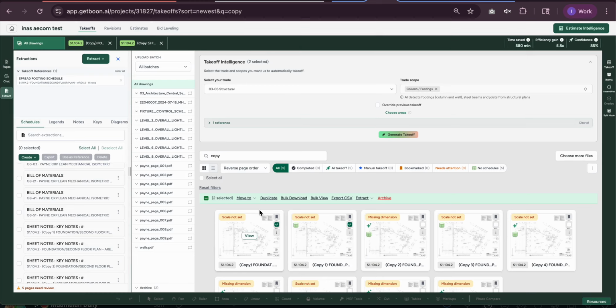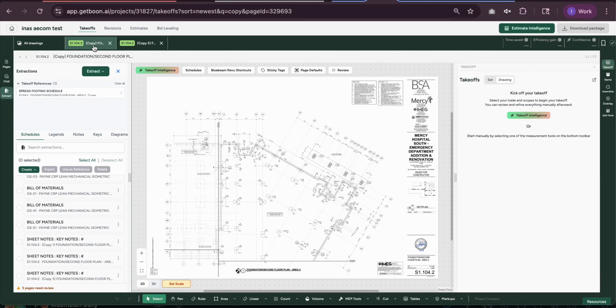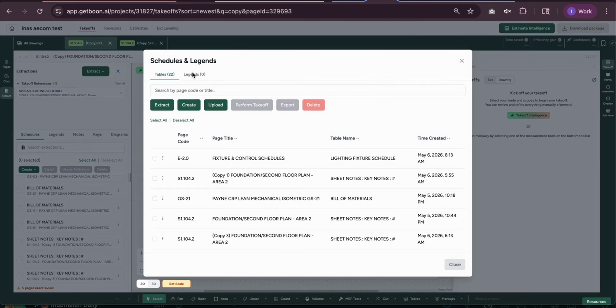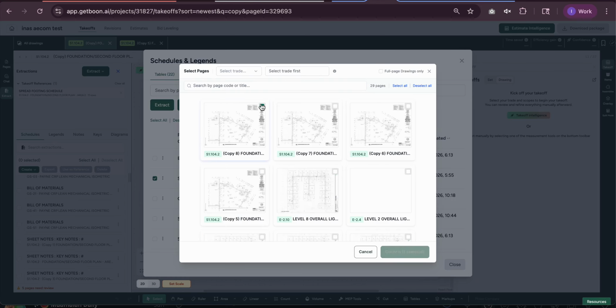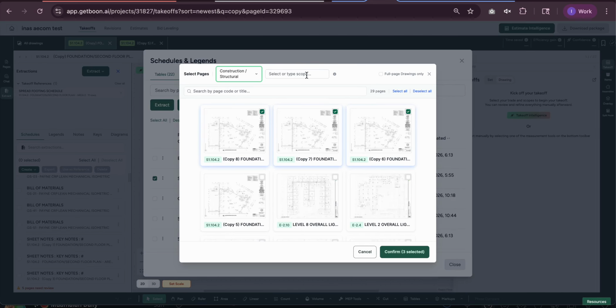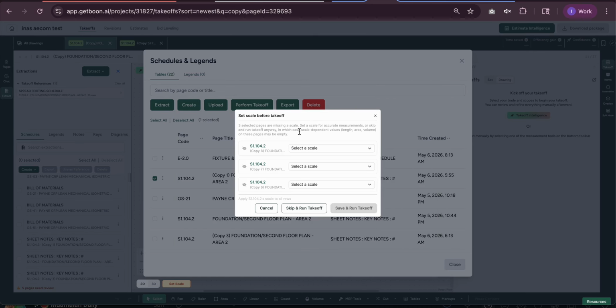And we also added the same pop-up in this schedule takeoff page. So the user will have the same experience. Like this.